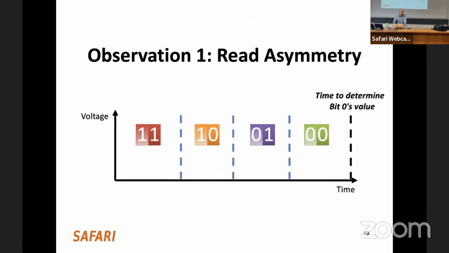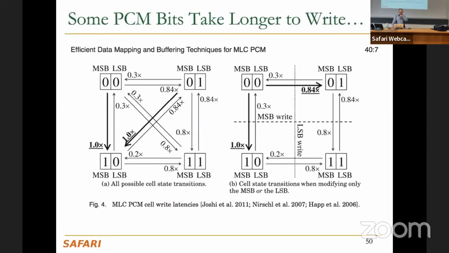So how can you benefit from that? There are different ways, which I'm not going into detail of, but you can think of, for example, considering one page of memory in MSB and the other page in LSB. The page in the most significant bit is faster, and LSB is slower. Then you can think of how you can handle it or control it like a cache, for example. Data that is latency sensitive, you can map to the pages that are mapped to the MSB bits, which are faster, and the other to the LSB. So there are different ways. This is just an example, but you can read the paper for more detail.